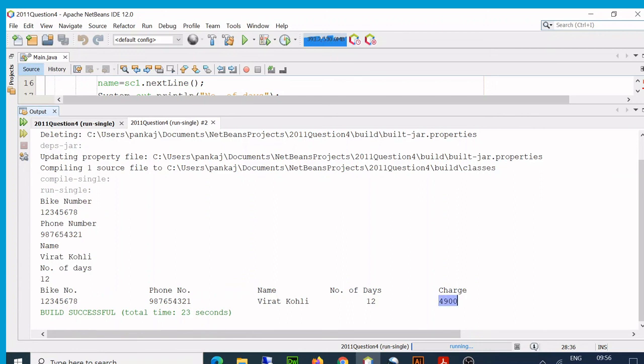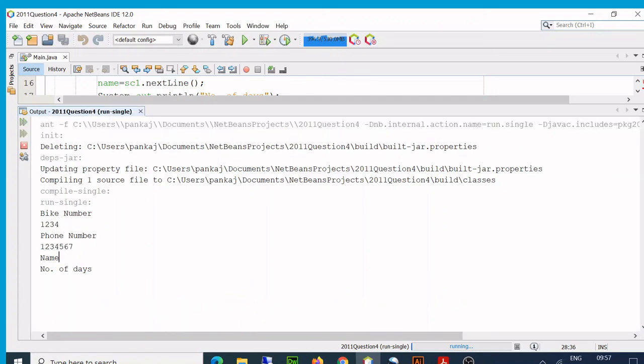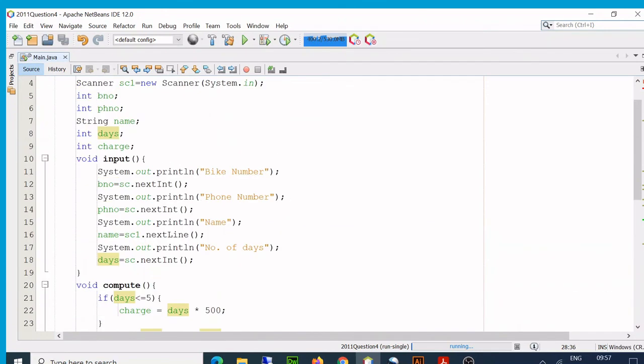The next 5 days at 400, that's 2000. So that becomes 4,500. And the remaining 2 days at 200, that's 400. So 4,500 plus 400 is 4,900 rupees. So my program is perfect now.